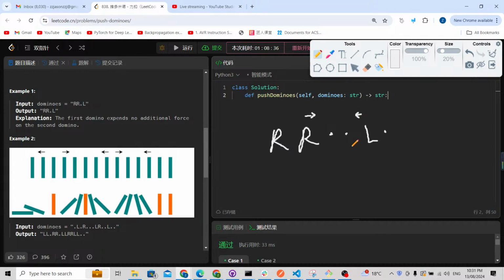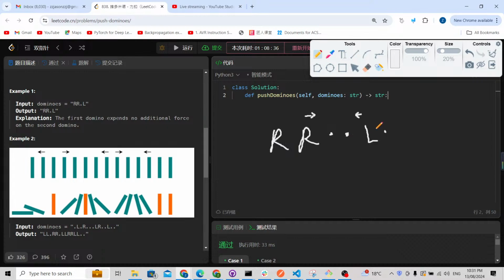So what's gonna happen is, this dot is close to the L, right? Because the L is at its right side. Definitely there's a force coming here from the right to the left, and this force we call L. So for this dot, we're going to check the distance to the R and to the L. If the distance to the R is more than the distance to the L, I mean it is closer to L,